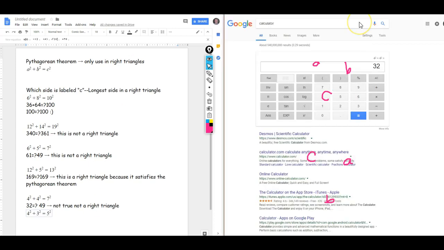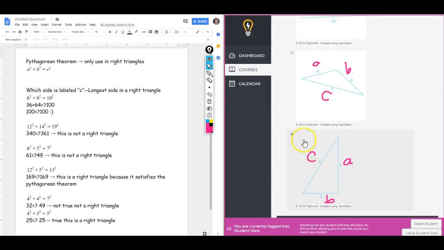So then you can jump over to calculator if you aren't familiar with those. So 4 squared plus 3 squared is equal to 25, and 5 squared is 25. So since this is true, this is a right triangle. So then you would select it,